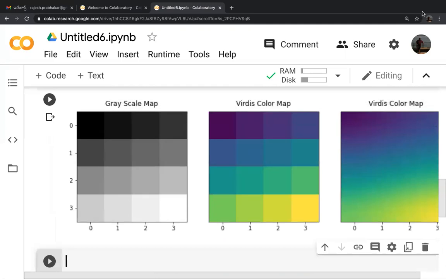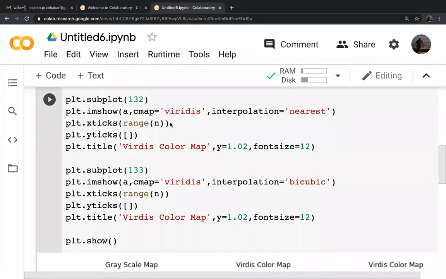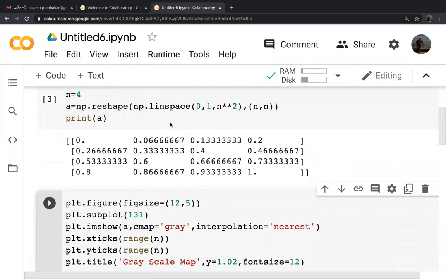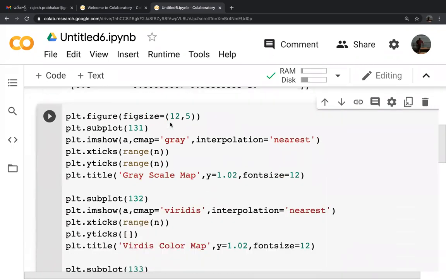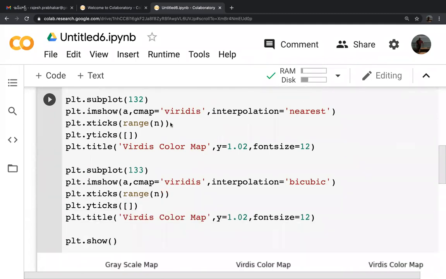So you got the three images side by side of the same 2D array which we created on top. We initially created a two-dimensional array using np.reshape and np.linspace, and we used that array as the input, and then we created three different types of plots.